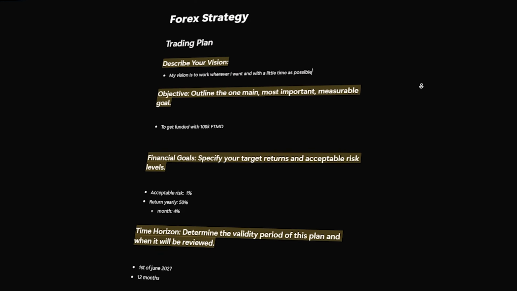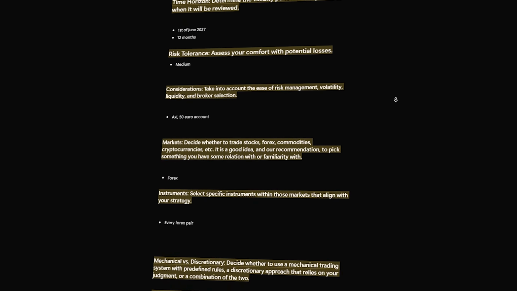If you are trading without a concrete strategy, you are just gambling. Today we are building a bulletproof Forex trading plan from absolute scratch. Why is this crucial? Because without a strict risk management framework, your account will blow up. If you want to scale to a 100k funded account and actually make a living out of this, a trading